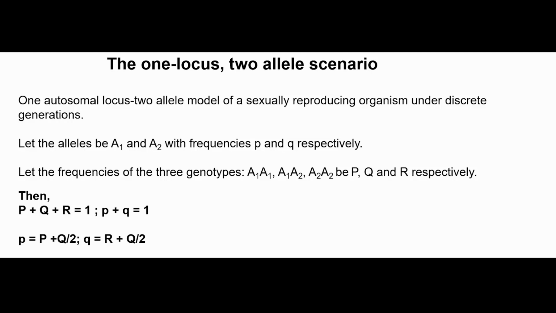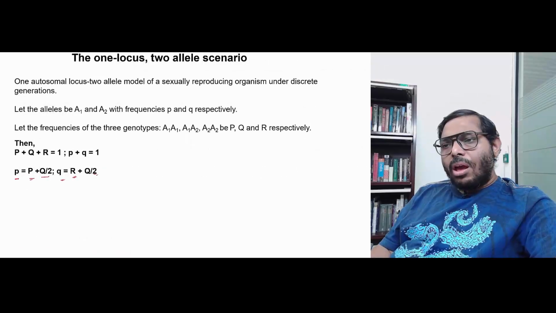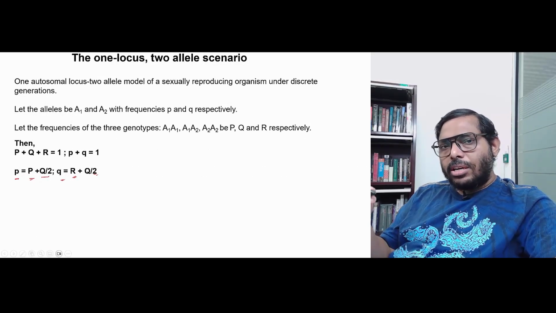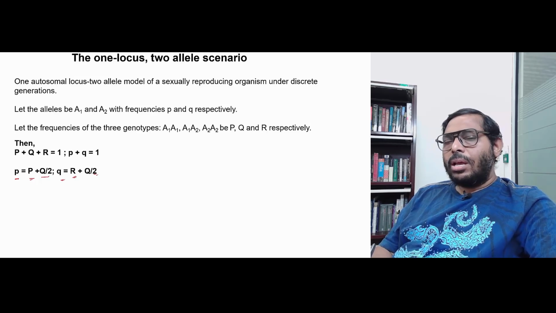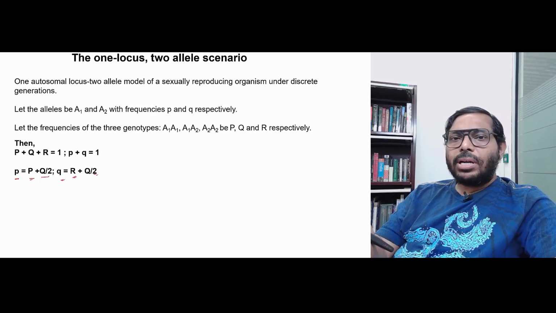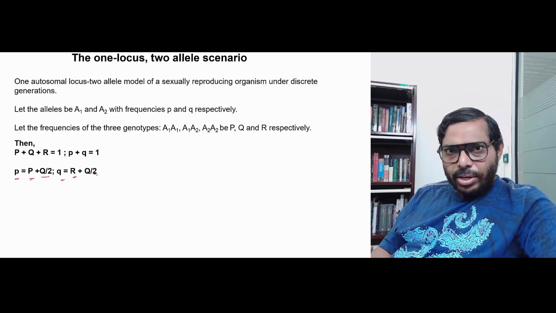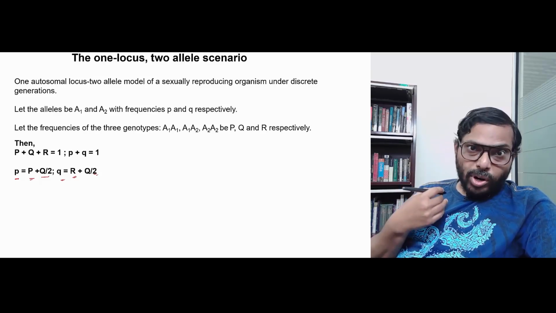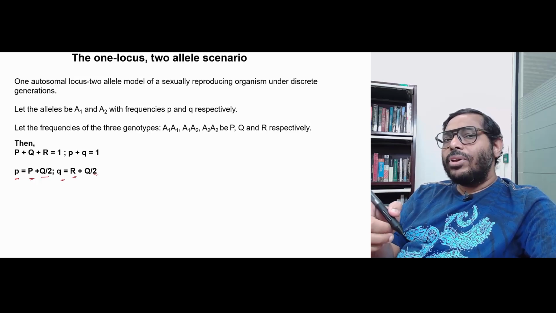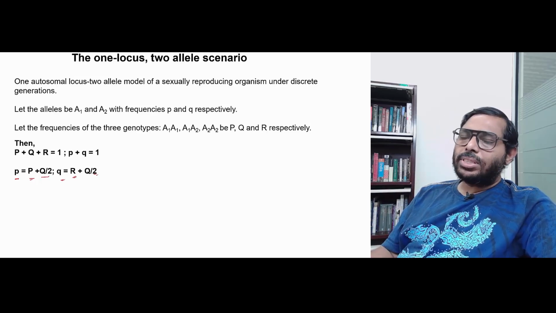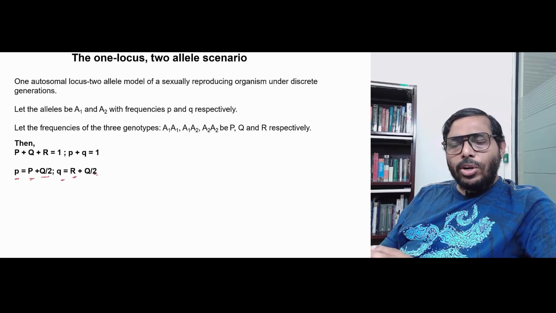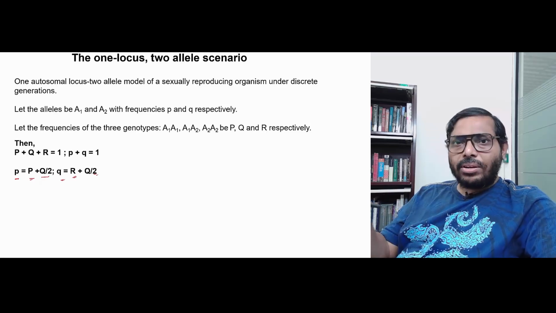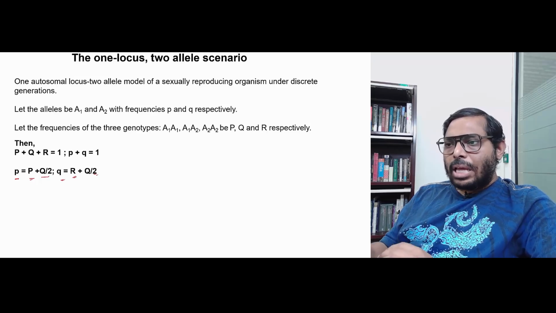What is a lot less obvious is how we are getting to this result, that small p is equal to capital P plus Q by 2 and small q is equal to capital R plus Q by 2. Now, there are lots of people who think in terms of ratios and proportions and simple algebra. They will take one look at this relationship and say, yeah, it is very intuitive. However, there are many more people, and I am one of those, for whom it is not really obvious at one glance how small p is equal to capital P plus Q by 2. So, what I will do is I will derive it very easily for you,